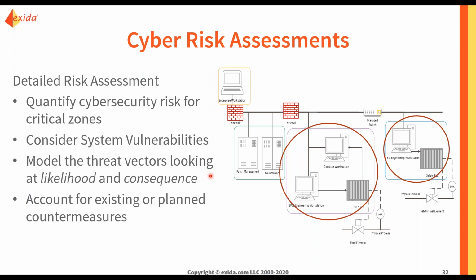It's updated the language to say that now likelihood may be looked at and consequence must be looked at. Originally in the detailed risk assessment, both likelihood and consequence were required steps. What's changed though is a reflection of one of the main debates going on in the cybersecurity community, and that's whether or not the likelihood of an attack can be really quantified or estimated with any level of accuracy. The one approach is to say that cyber attacks are ever present, that there is significant likelihood for attack